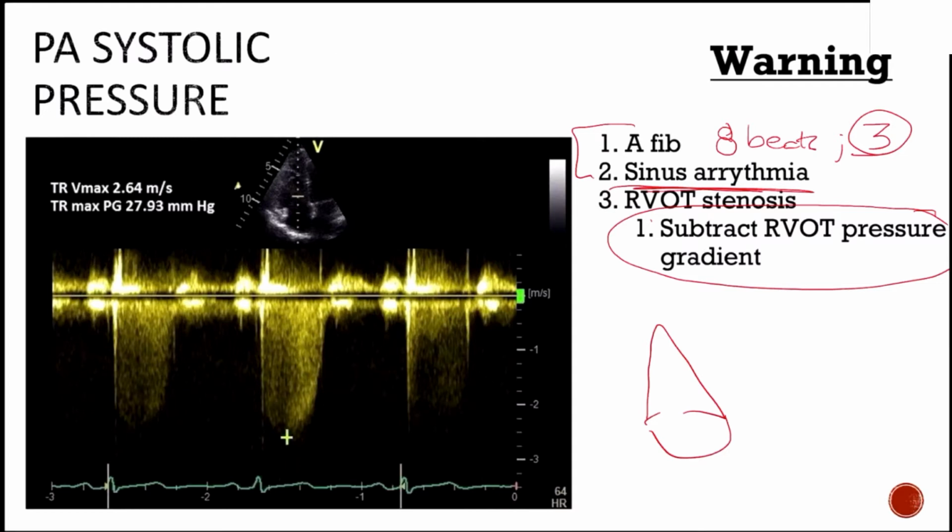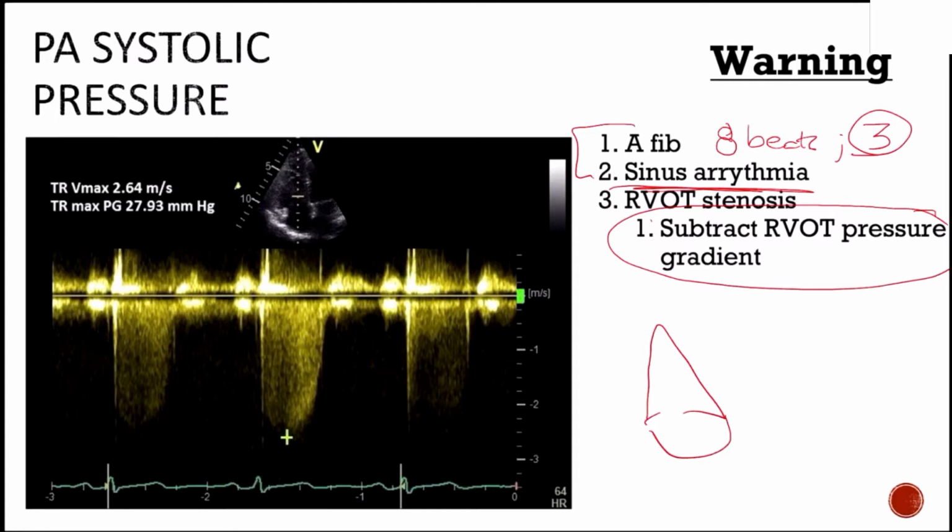The next component, which is really, really important, is for any patient that has right ventricular outflow stenosis, whether that's pulmonary artery stenosis or a subvalvular stenotic region, that there's increased pressure across that gradient, right? So if there's high pressure on that back end at the pulmonary artery as the right ventricle is trying to push blood out through the pulmonary artery, that's also going to contribute to the backflow through the tricuspid valve. So if we really want to know what our true PA systolic pressure is, we have to subtract the component of that gradient that we're measuring at the tricuspid regurgitant jet